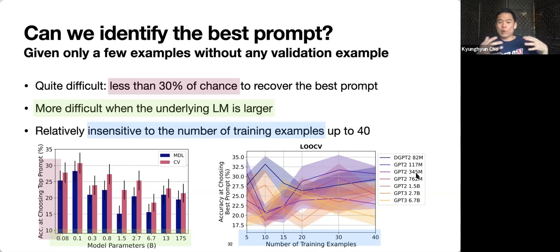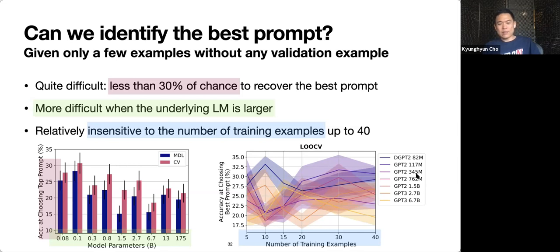And in fact, it got more and more difficult when the underlying language model got larger. When we use the full GPT-3 175 billion model, assuming that is what OpenAI is using to serve their clients via their API, the chance of recovering the best prompt using either CV or MDL was around 20% or so.